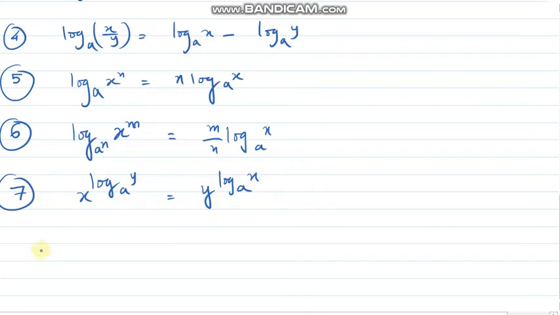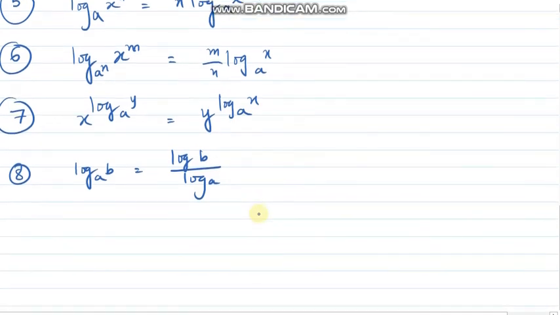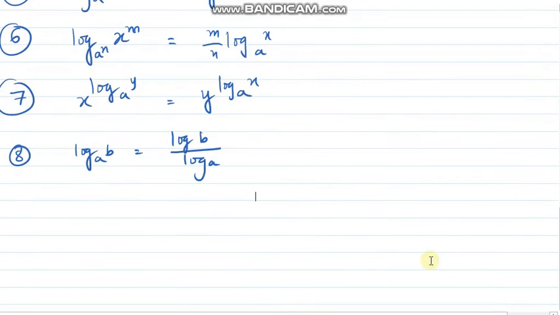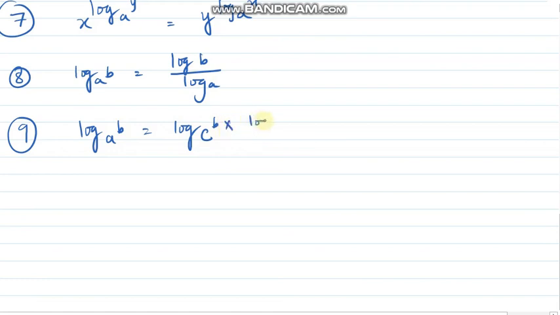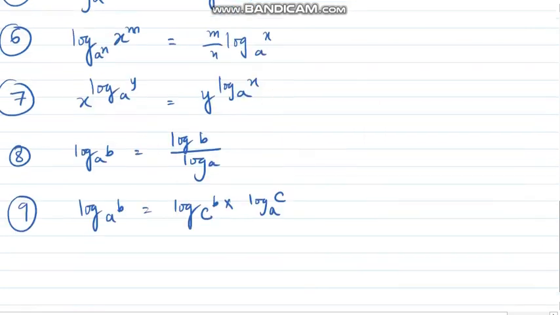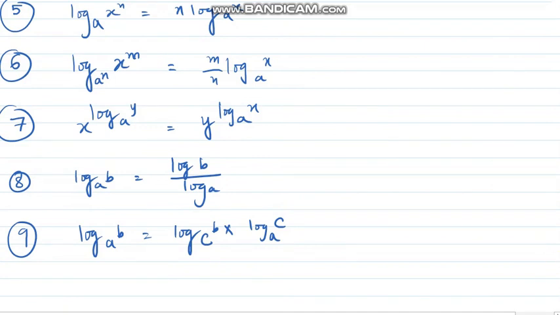Further, for the next one, log of b to the base a we can write as log b divided by log a, and we can choose any base of our choice. This is also known as the base change formula. We have another form of the base change formula that I am going to write now: log of b to the base a is equal to log of b to the base c times log of c to the base a. Just check, I wrote it like this. If I combine these two formulas, okay, just one minute.